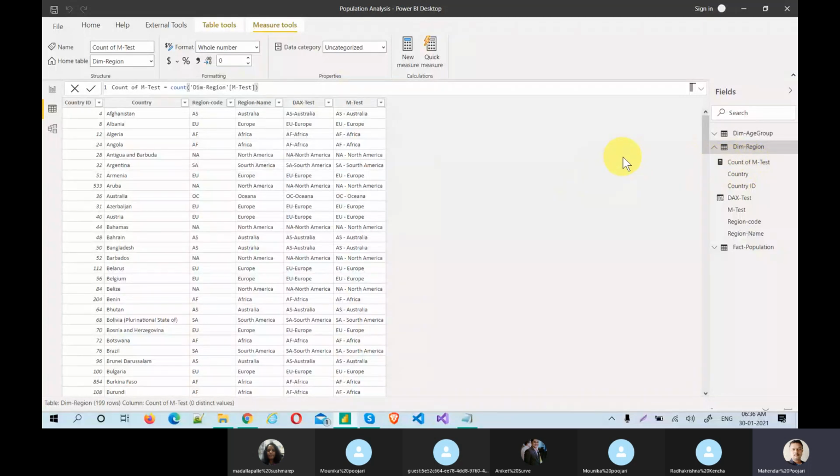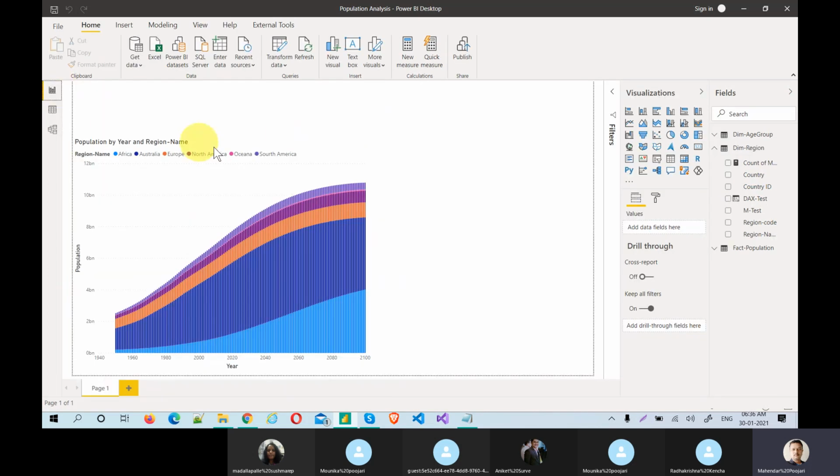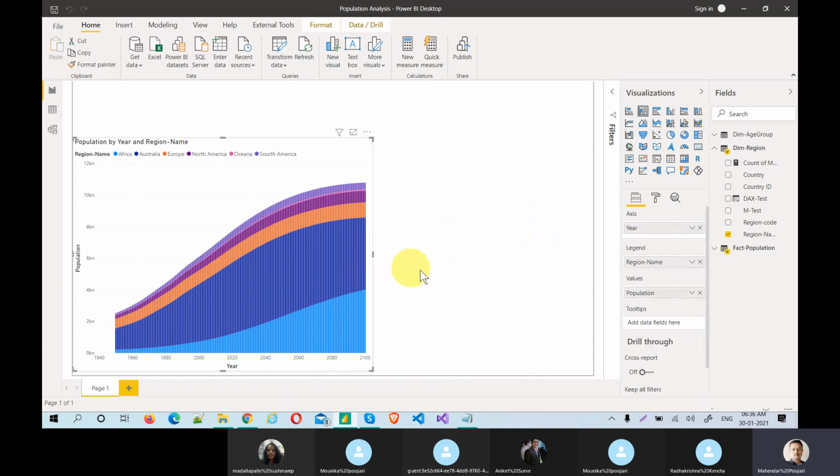It was confusing initially for everybody, but it's simple: a column will be a column, and a measure will be a measure. But let me go one point deeper. When to use a measure? Measures are used in the visualization. If you click on this visualization, there is a value section, and for those values you should use measures.